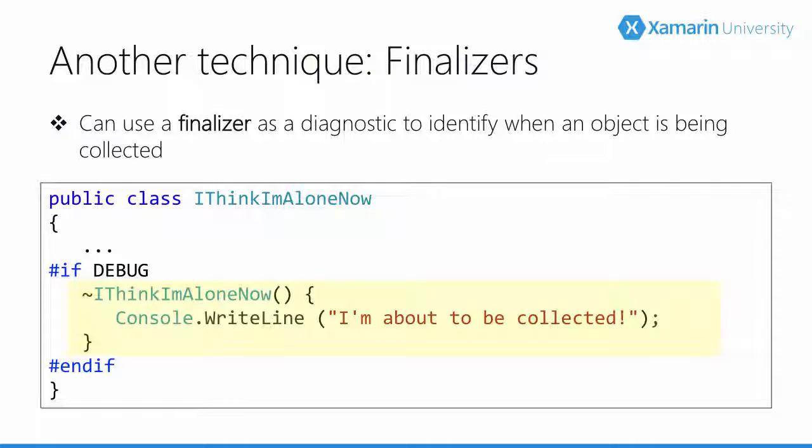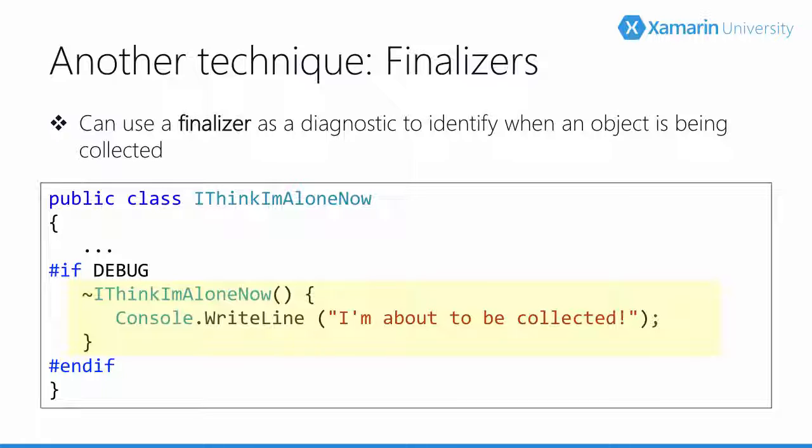Now, another thing that we can put in our toolbox is finalizers. Finalizers are a last chance mechanism for us to be able to do some kind of native handle cleanup on our objects. Now, we talk a lot about finalizers in the XAM370 class, and so you'll see exactly how they work and what really happens under the covers and how they interact with the GC process. But for the purposes of this discussion, we're using them again as a diagnostic aid. And the idea is that we can add a finalizer to our object that outputs when the object is about to be collected. So the idea behind a finalizer is there's a method call that occurs just before the GC